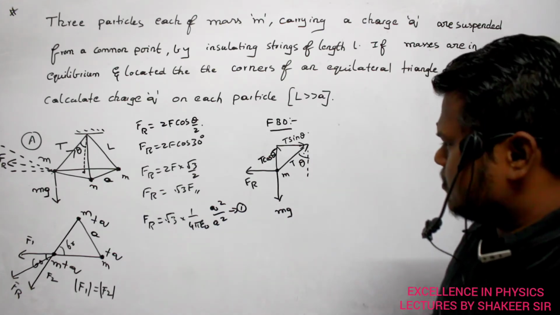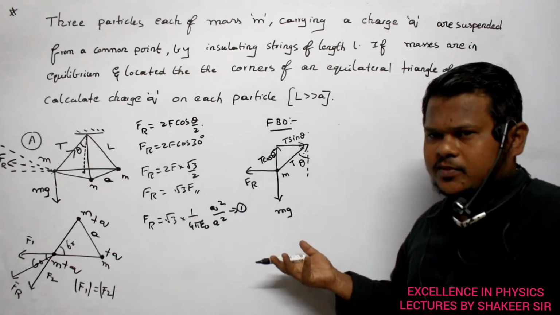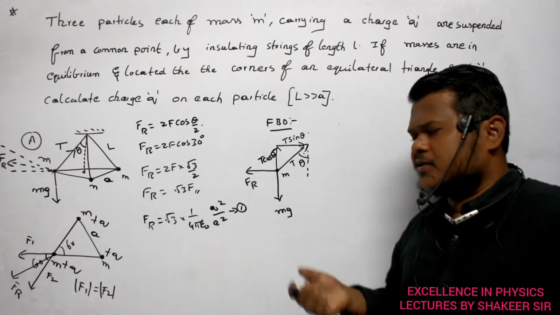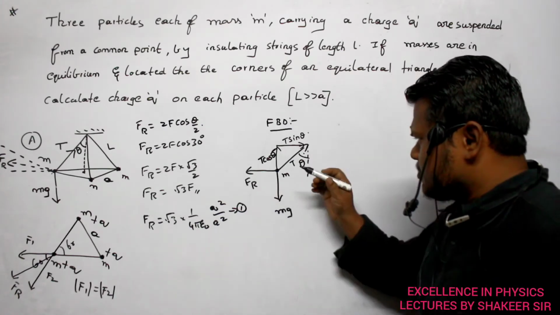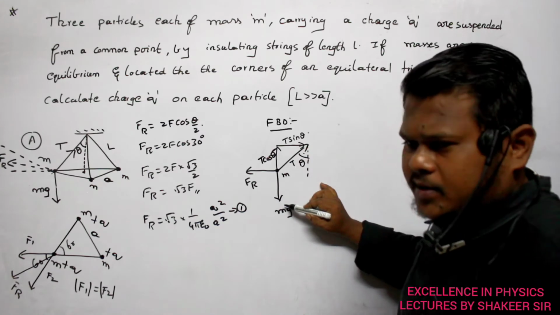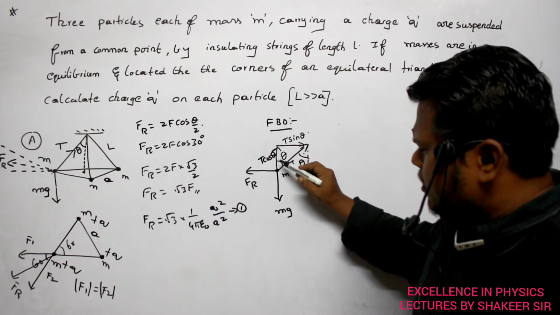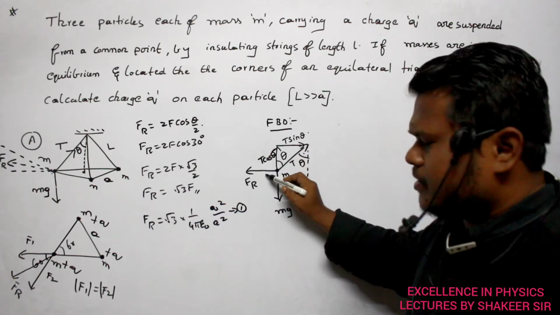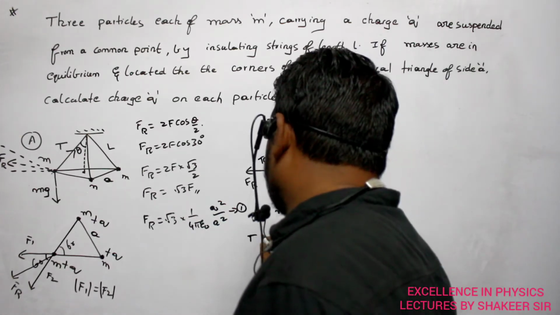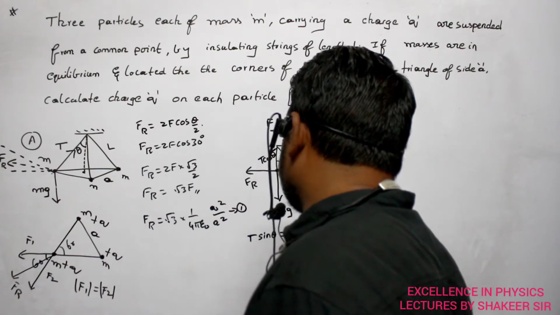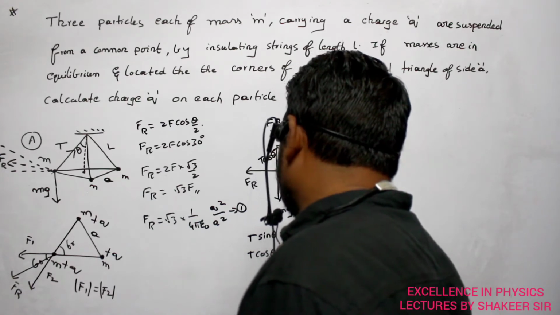How can I balance all these forces? Which forces are balanced by which one? The total mass is in equilibrium, no? It means all the horizontal forces and vertical forces must be balanced. So which forces are balanced here? I can see here, no? T cos theta is balanced by mg. If this is theta, this is also theta. This is T cos theta, this is T sin theta. T cos theta is balanced by mg. T sin theta is balanced by the resultant force. Are you able to understand now? So right here I can write T sin theta is balanced by the resultant force, and T cos theta is balanced by mg. Clear?